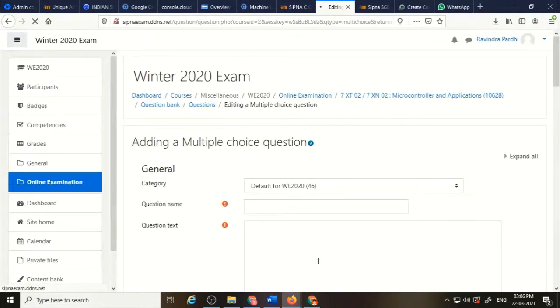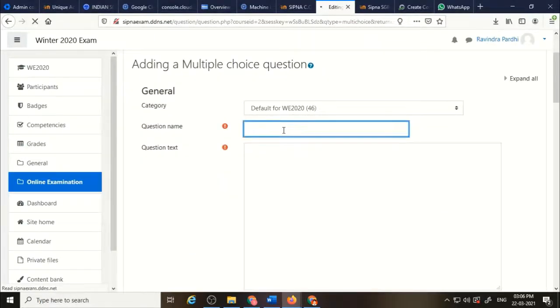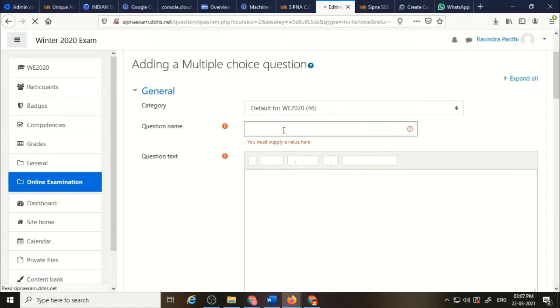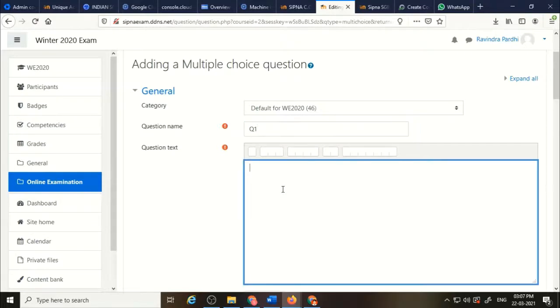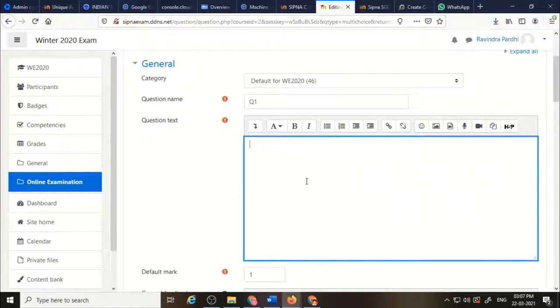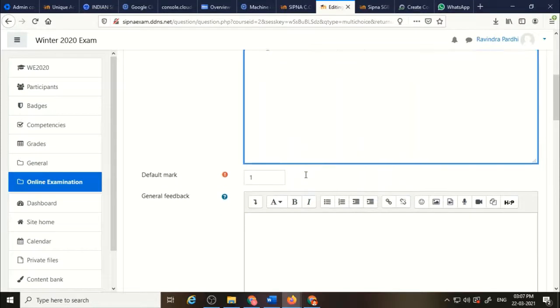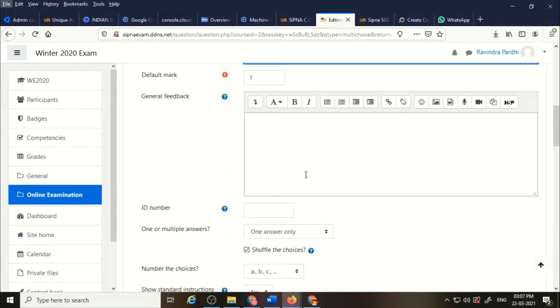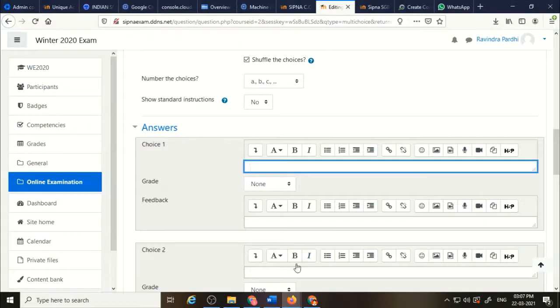So it will open up a question panel like this. Then in question name, simply give the question name as Q1. Okay. And in question text, as this is a simple question, we can copy and paste the question and options from here, but we have to copy this question 4 times. One, we have to copy this question and paste it into the question text, then we have to copy each and every option from there and paste it into the choices box like this.